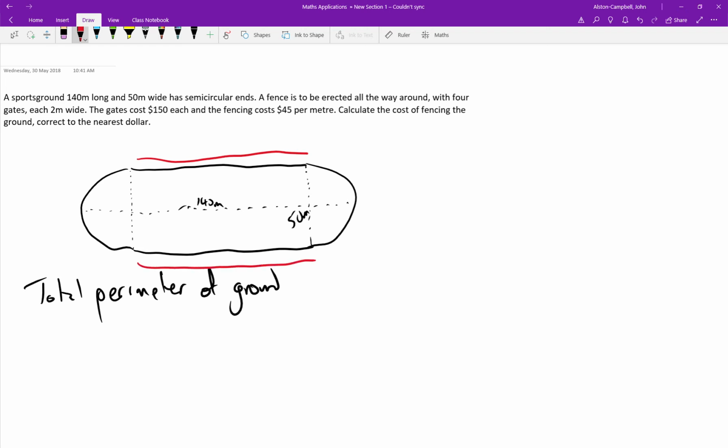Now, because we're told that these two ends are semicircles, if we go halfway, so half of that 50 metre distance, and look at that point there, we know we have 25 metres, and that is the radius of the semicircle. So likewise, that distance there is 25 metres, and importantly for this first bit,